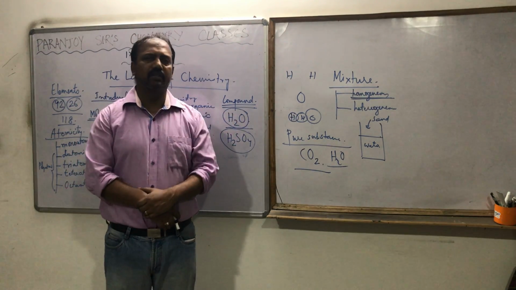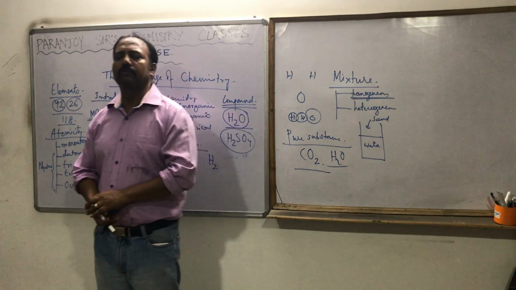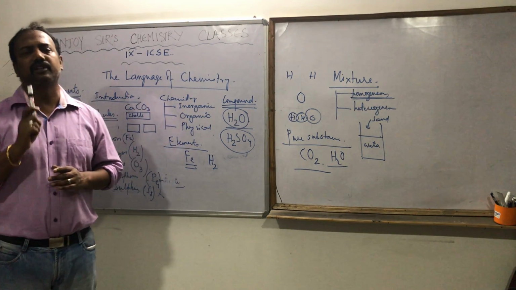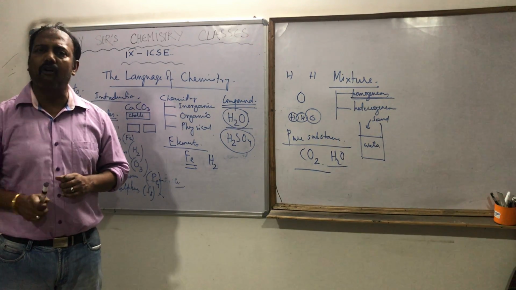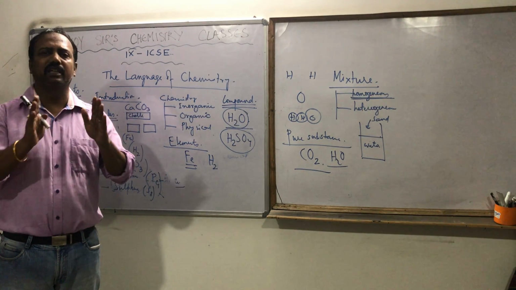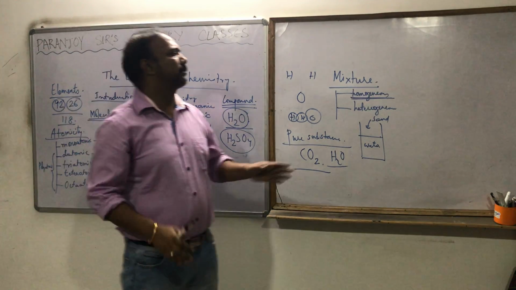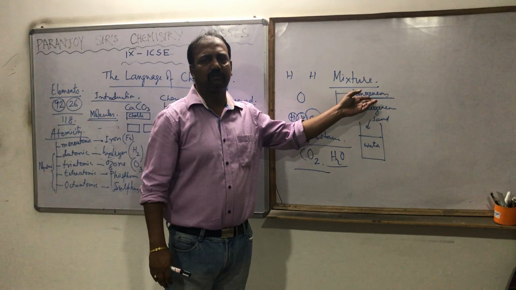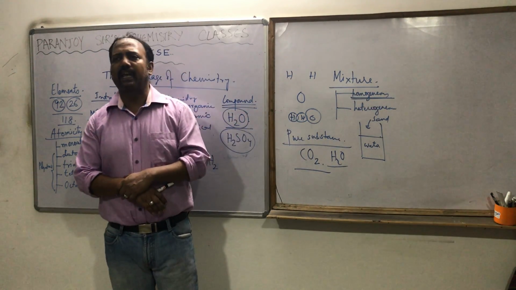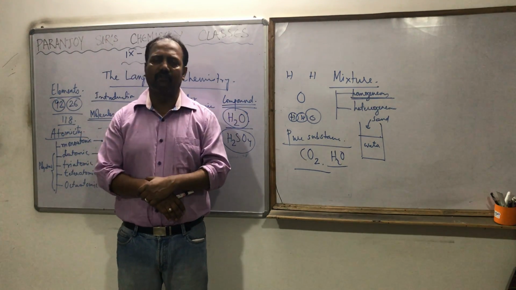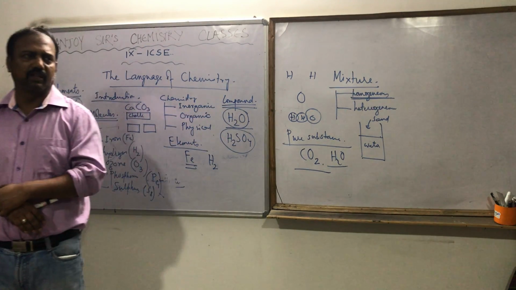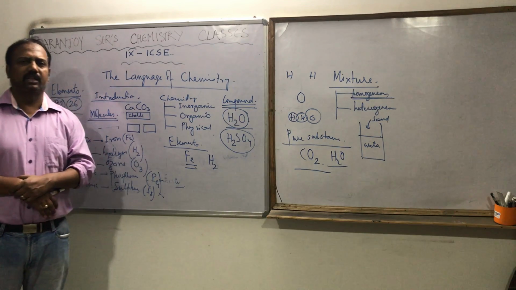One is homogeneous, one is heterogeneous. Where 2 or more than 2 substances are added in any proportion, it is called a mixture. If the addition of the substances is uniform, so that we cannot apparently differentiate them, then that type of mixture is called a homogeneous mixture. And what is a heterogeneous mixture? When the substances added to form the mixture are non-uniformly mixed, so apparently they can be very easily distinguished. Hope you understood the basic concepts of it.